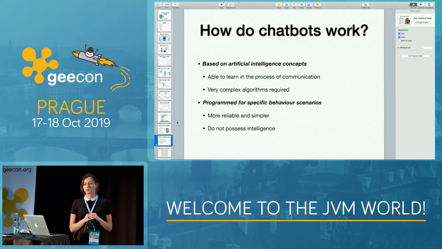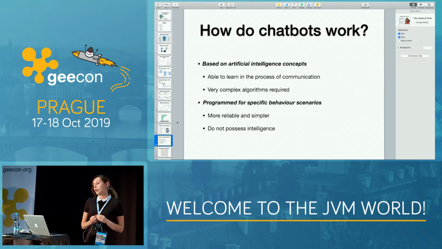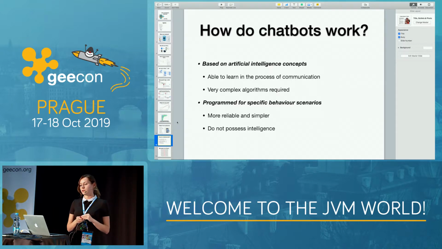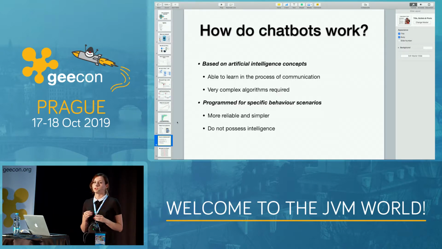Now, let's go to the question, how do chatbots actually work? There are basically 2 types of chatbots. The first is based on artificial intelligence concepts. It is very common to use machine learning techniques and NLP techniques for that kind of chatbot. And this kind is able to learn in the process of communication.